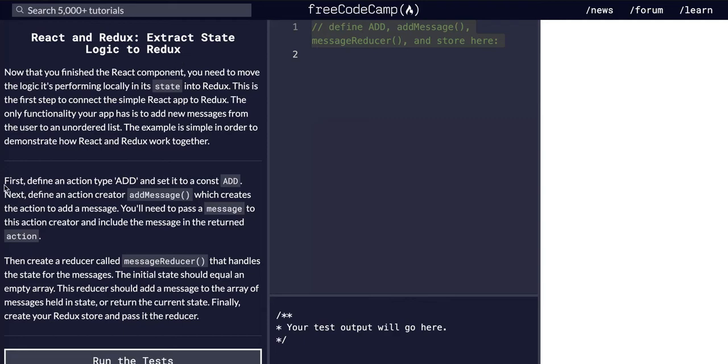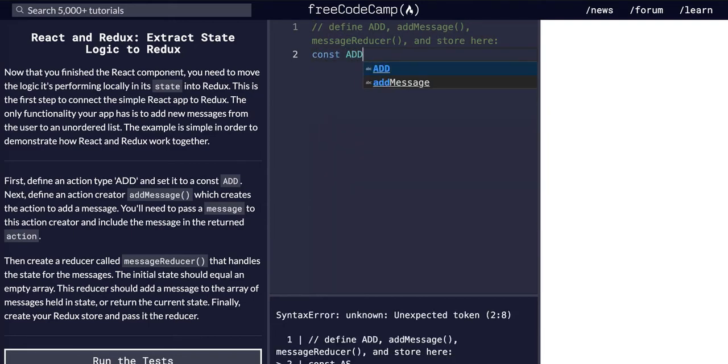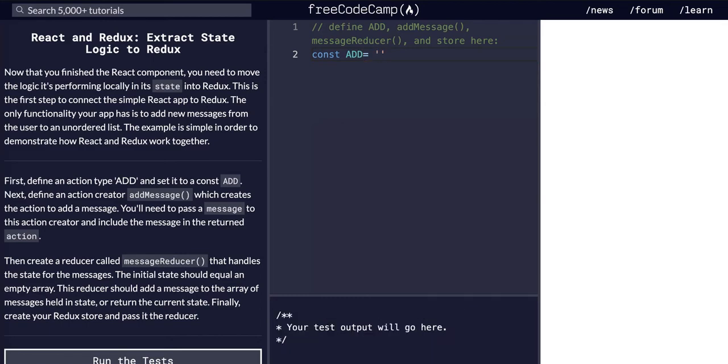Alright, so it says that first define an action type add and set it to a const add. So let's do that first of all. This is our action type called add, set to a constant called add. Perfect. Alright, and now we need to